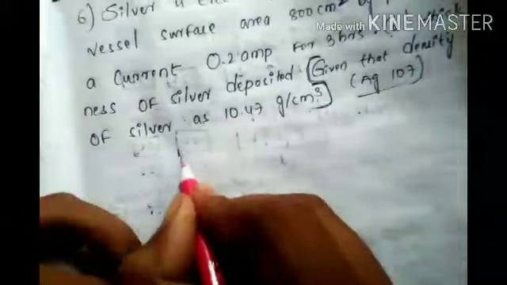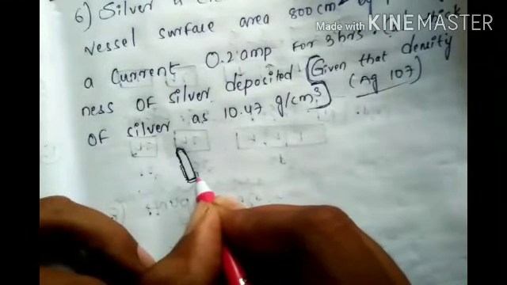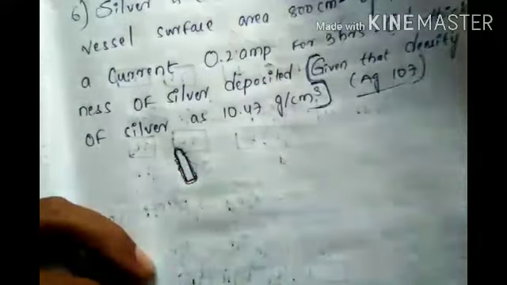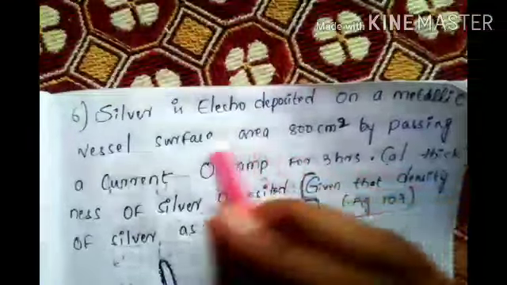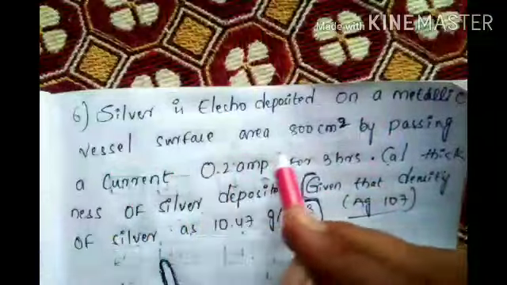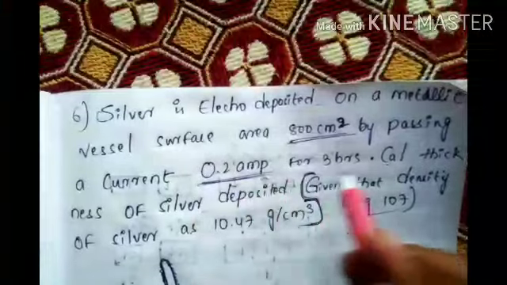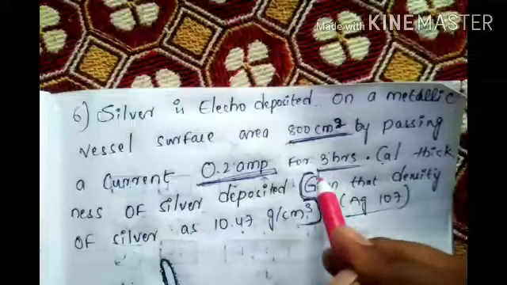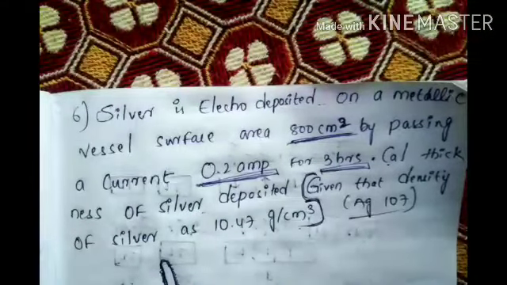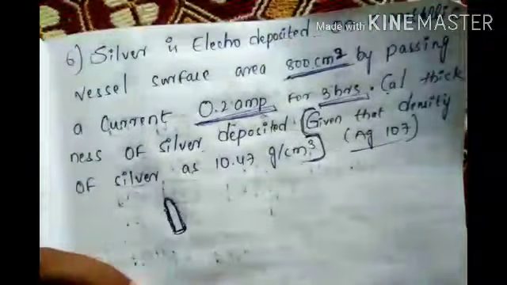The electrode is there, right? Around this electrode, how much thickness is deposited, that is what is asked. They gave the surface area, the current of 0.2 amperes, and 3 hours. By these three values we have to calculate the thickness. Now by using this, first of all,